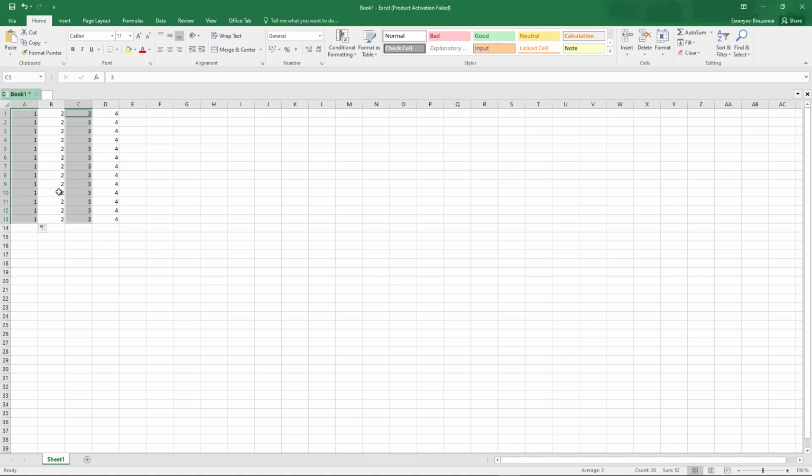So that's how to select different multiple columns in Microsoft Excel. The same is for the rows. Let me show you. When you hold Control on your keyboard, you can select another one and another one and another one,